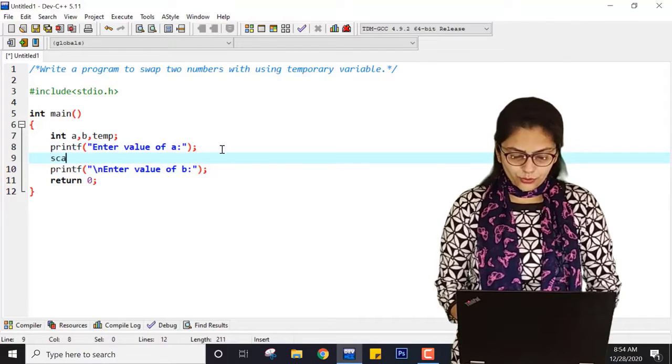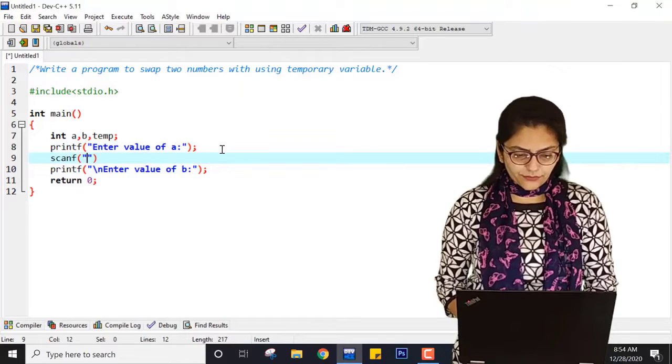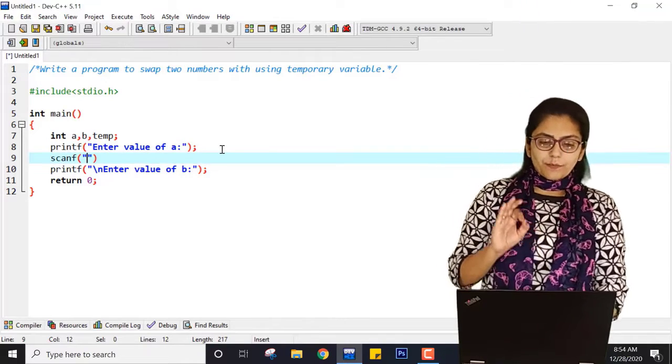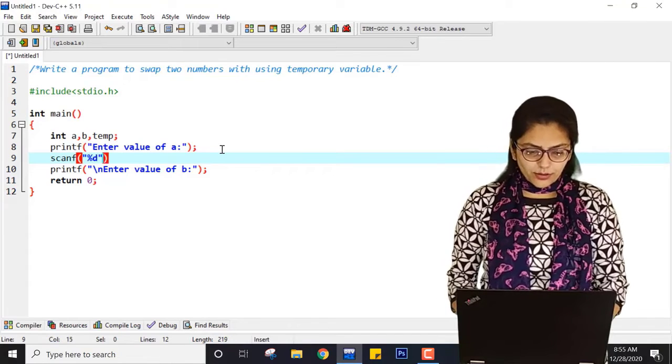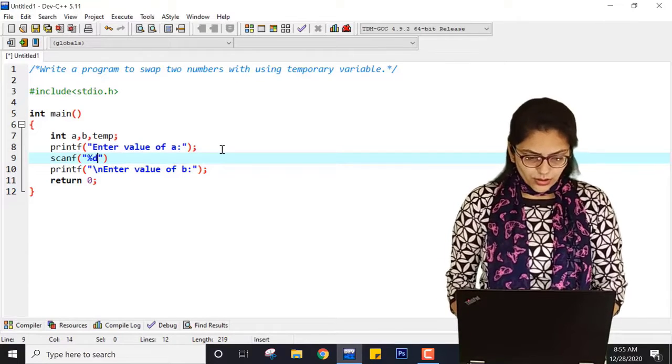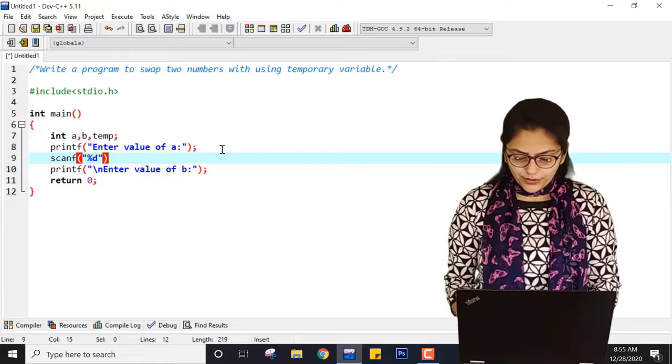Now you know that I have to write scanf just under the printf of a, because otherwise it will not allow me in some good format, right?